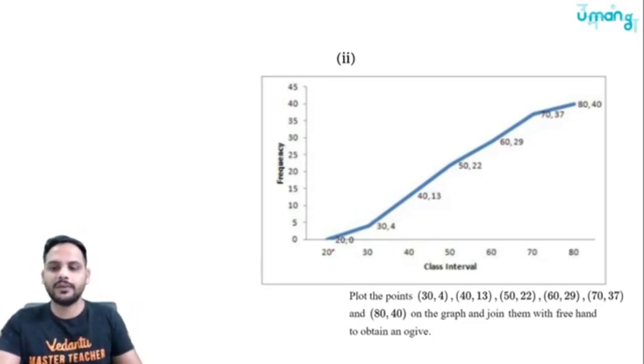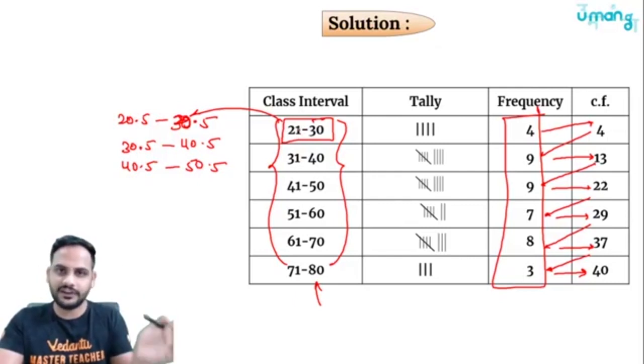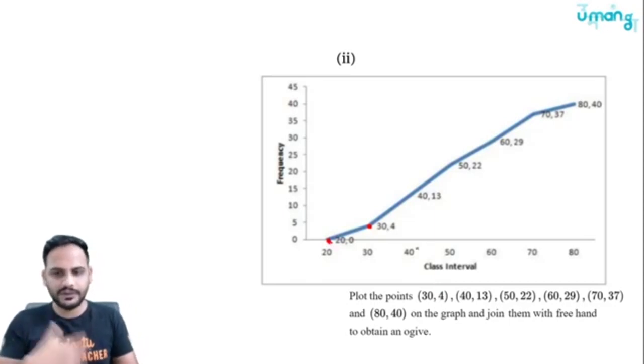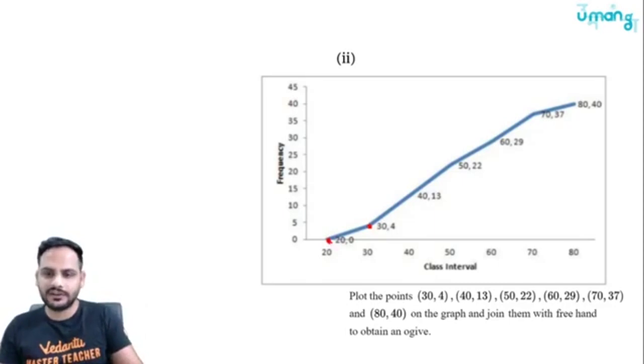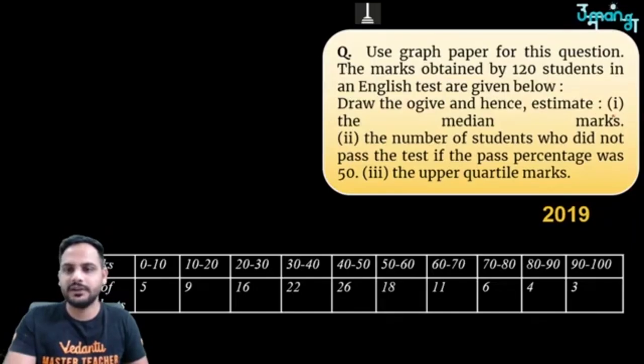Now you will see why 20,0 I have taken over here, because I know less than 30, but this is like a less than table. Okay, so I'll take this 30, so I will say less than 30. So all the values are between 21 to 30 only. So there is no value less than 20. Got it? So at less than 20 you will be getting 0 values. You can show it, not show it, doesn't matter. Okay, you can just plot these values and join this part. Got it? So this will be your ogive.